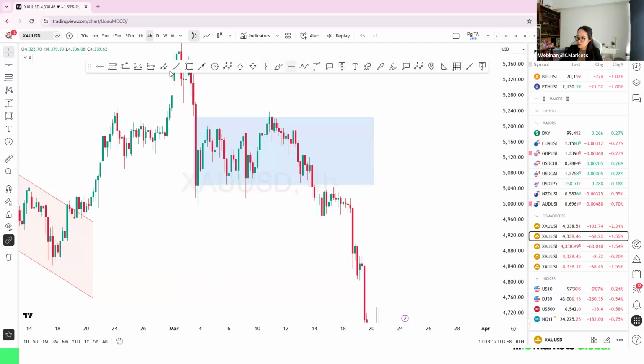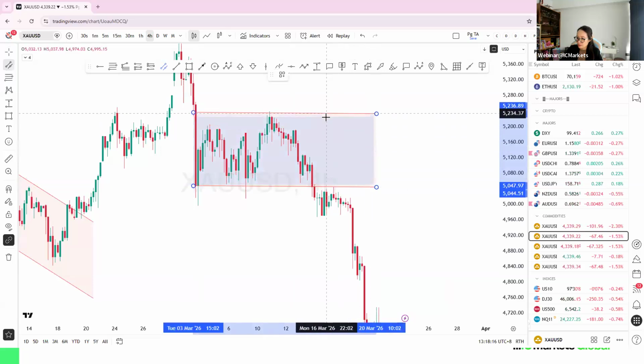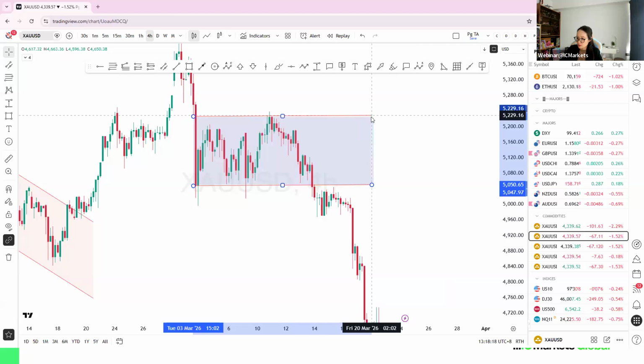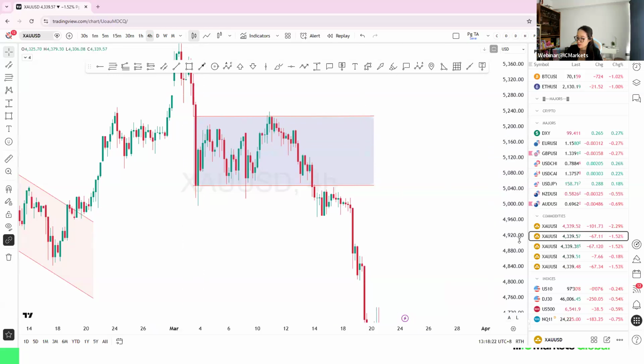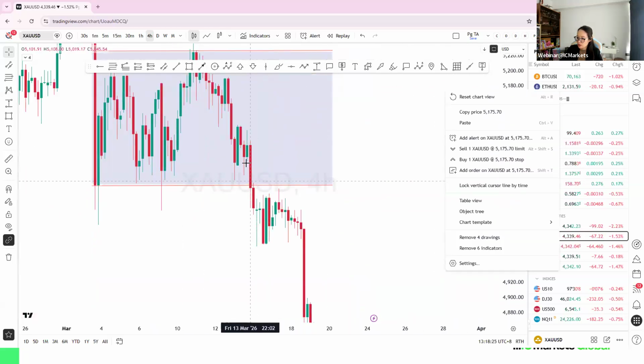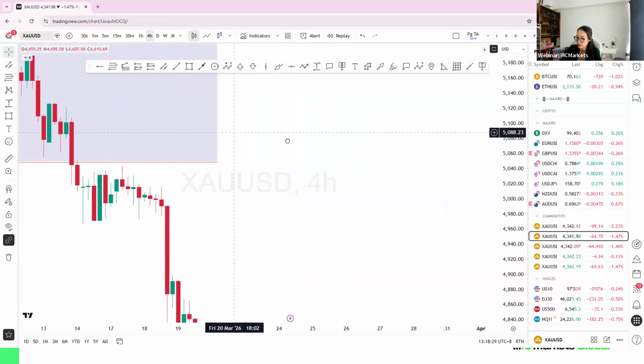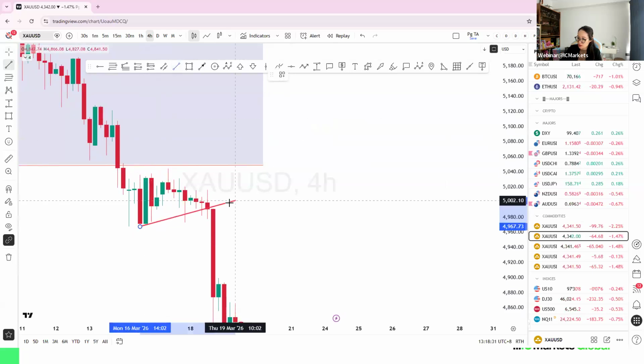Okay, this one you can use the wedge sideways or you can use the flag like that as well, the channel. So whatever you want to do, right? After that, you will see it's breakout, close below, pull back, retest, and then you sell. And we also have another, which is